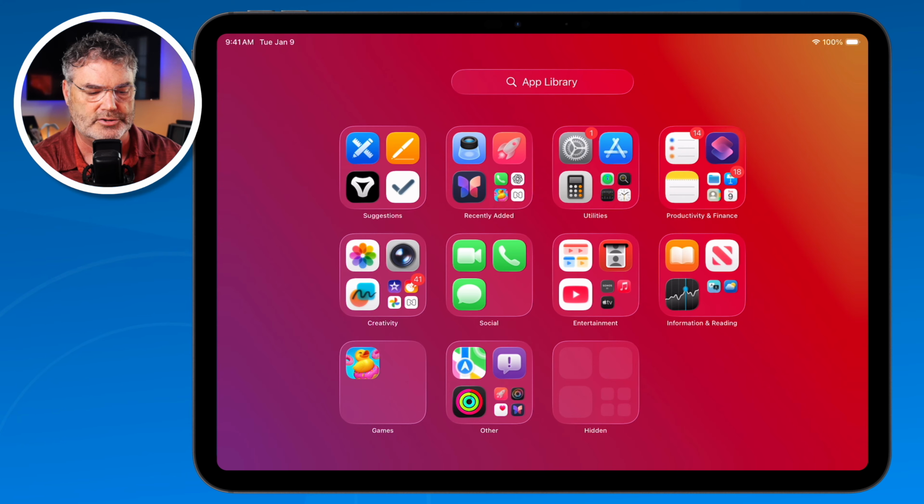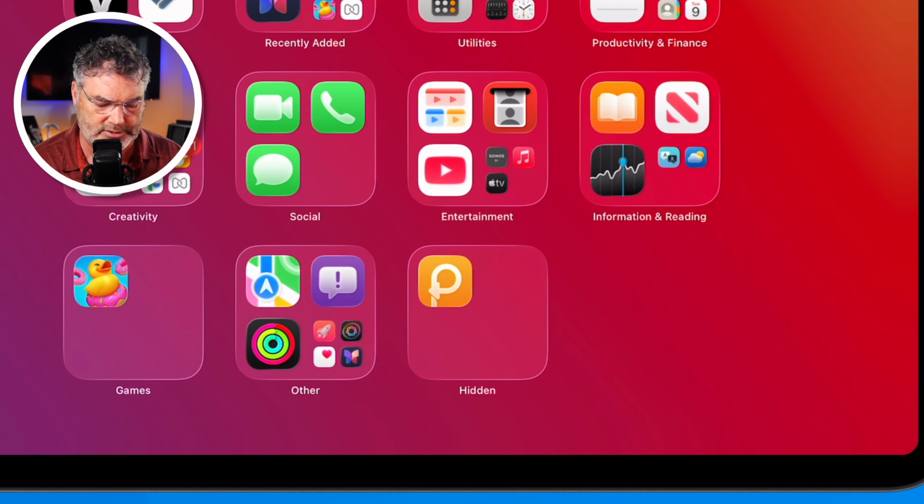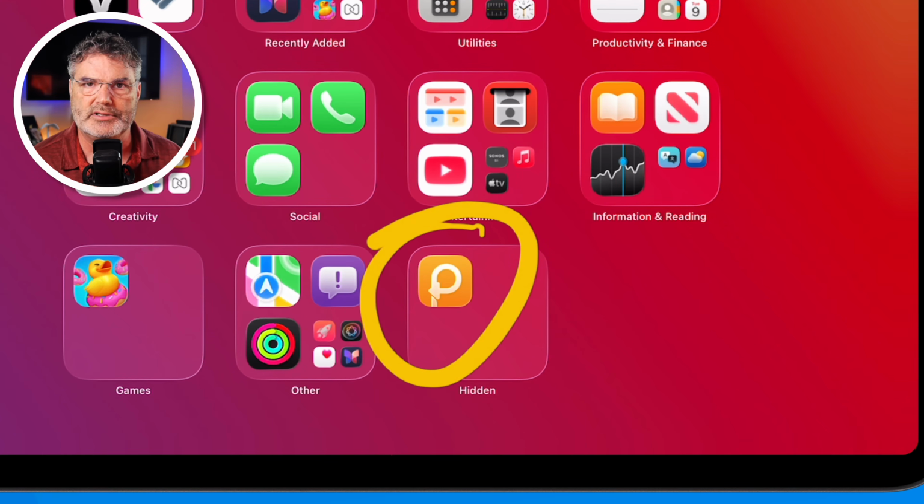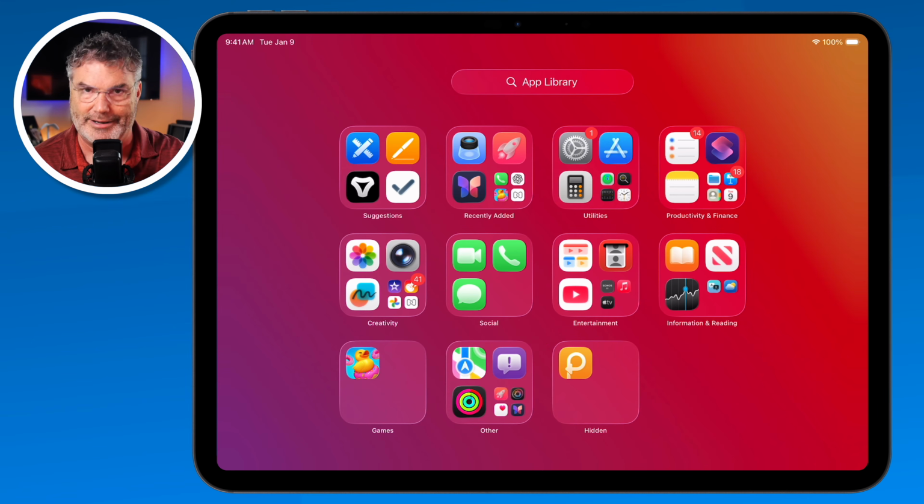So now let's see what it looks like when I'm looking at the iPad. It recognizes my face. I tap on it, recognizes my face, and we can see we have Paste in there. It would show me all of the apps that are hidden, and then from there I'm able to open them up. If you want to unlock it and unhide it, we long press on it,